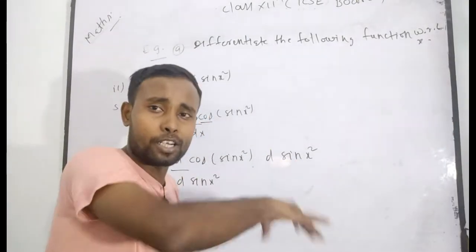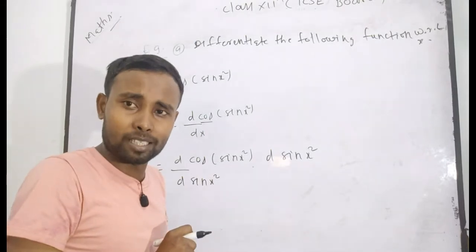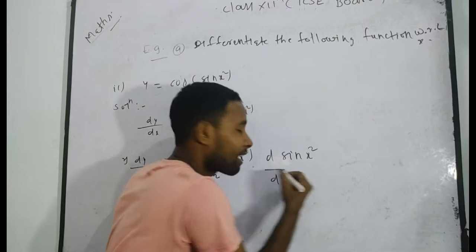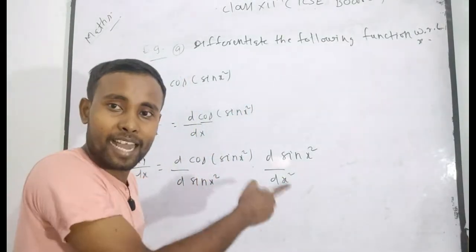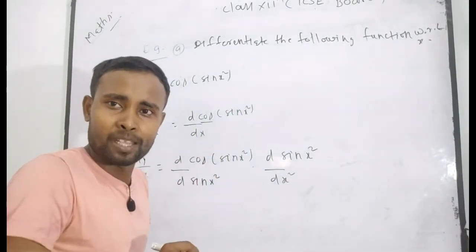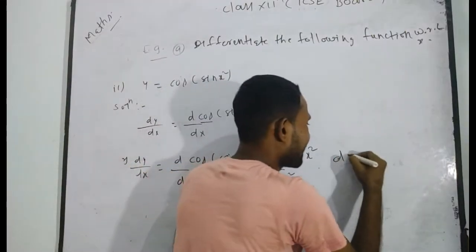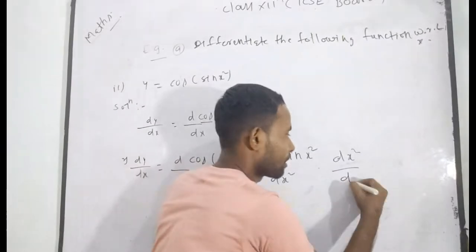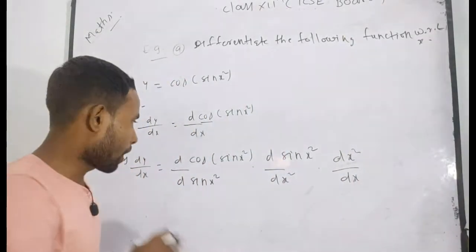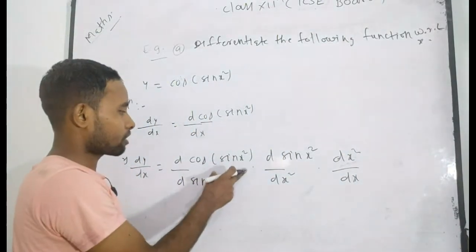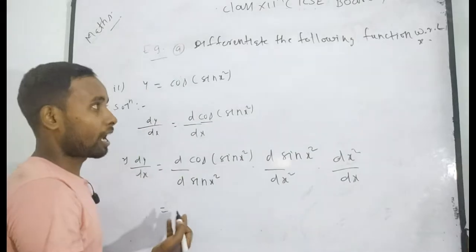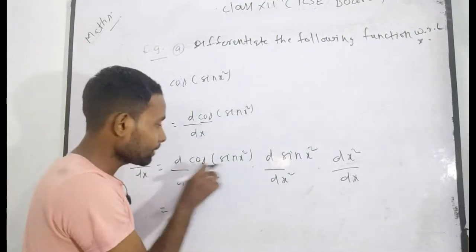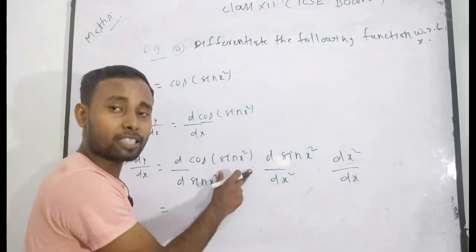Sin theta is only differentiated with respect to theta. So you need right here first of all theta, where theta is x square. That means sin x square is only differentiated with respect to x square. Again right here x square. Can you differentiate x square with respect to x directly? Yes. So I have written here x. Now if you see here, it becomes cos theta. Now I want to write directly its answer.